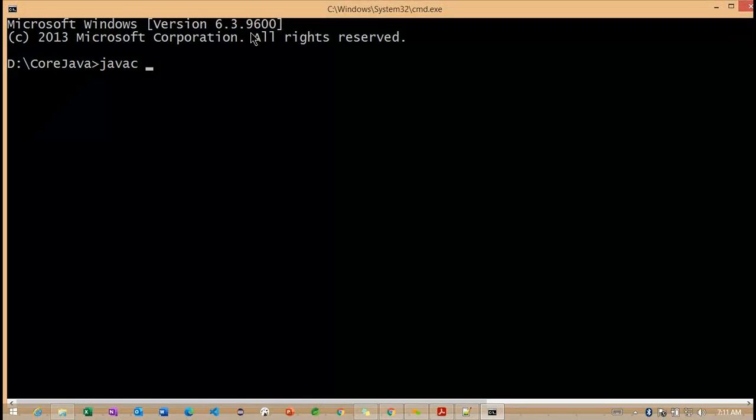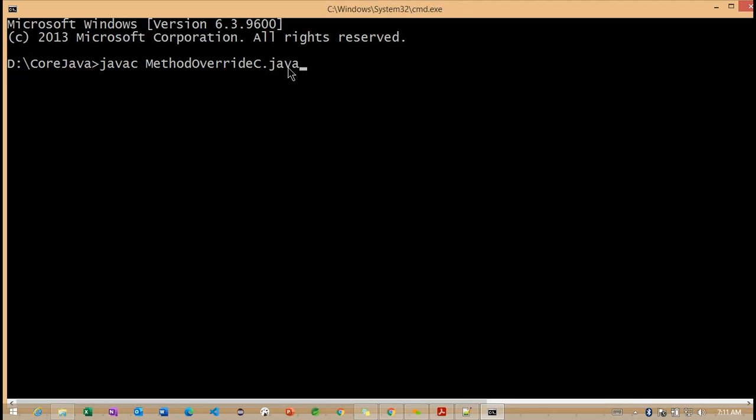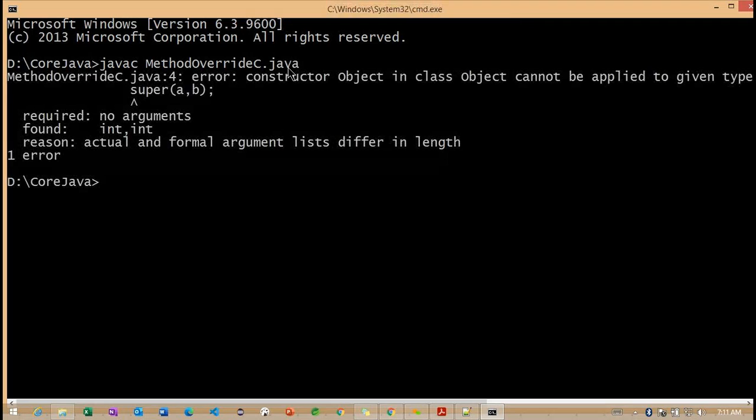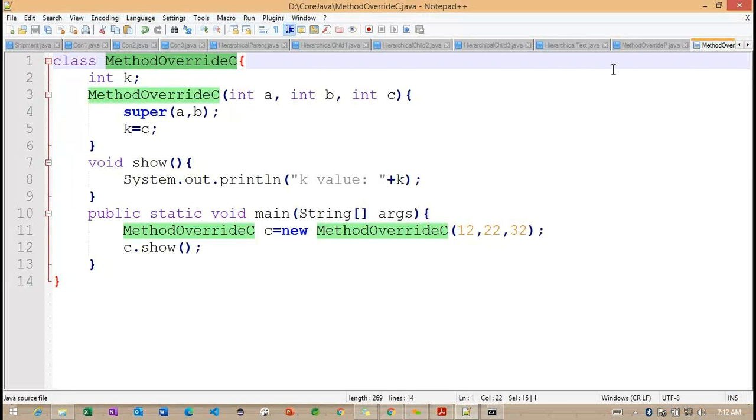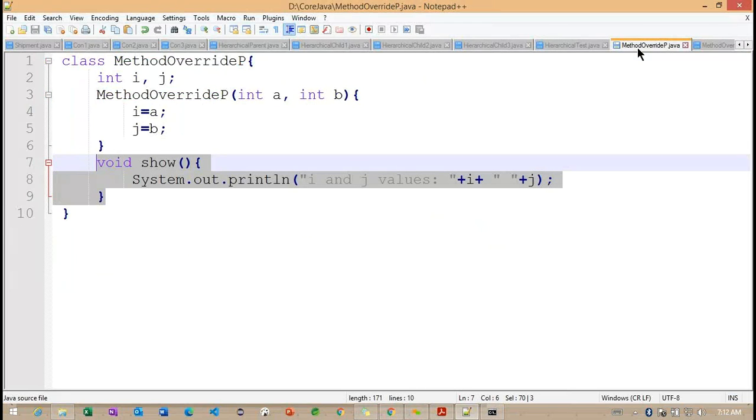And here, method overriding C.java. Now what happens internally? Constructor object class cannot be applied. Okay, maybe we did not save this particular class, I guess. What happened internally?